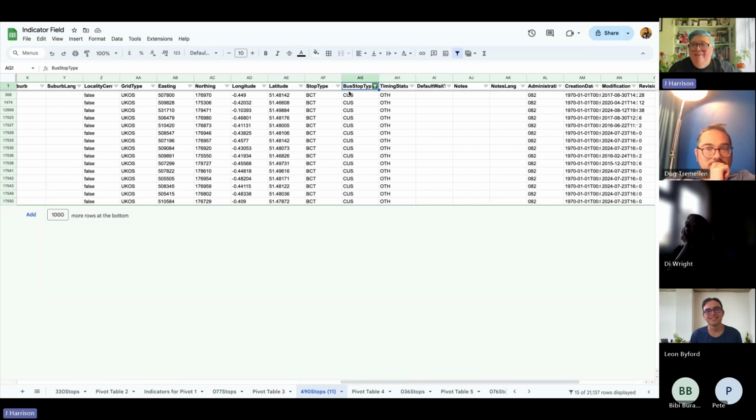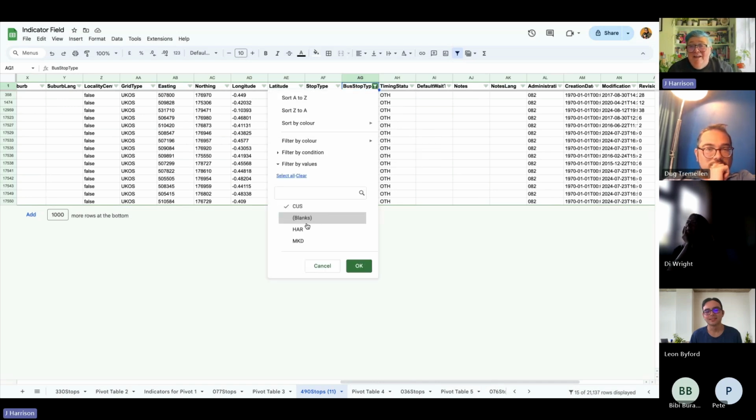I love the fact that I should know them because they're all the ones that have been done. So we don't actually have any custom stops as part of what we're doing. Di, how are you for custom stops? We've got a few,